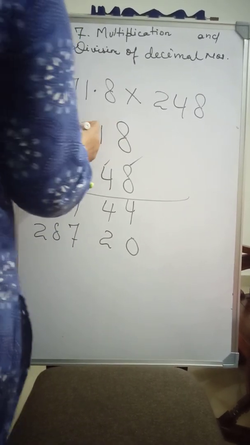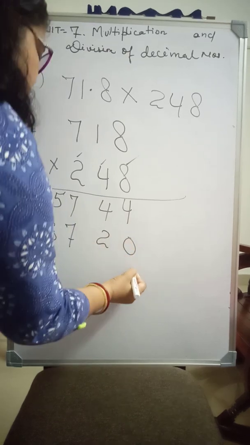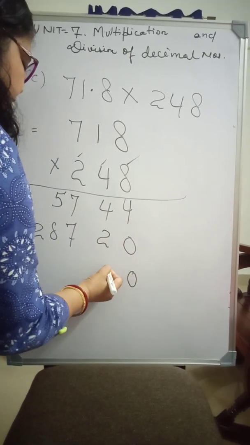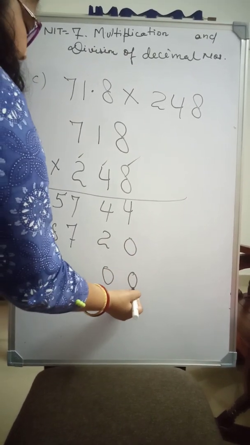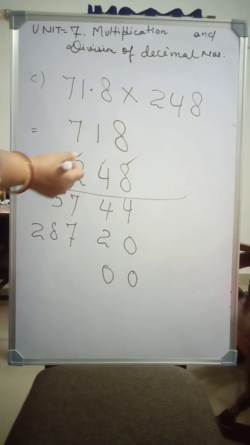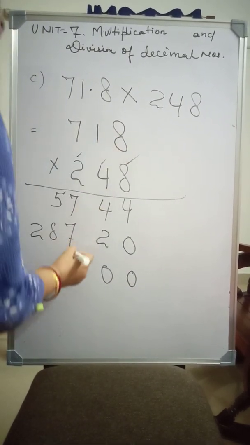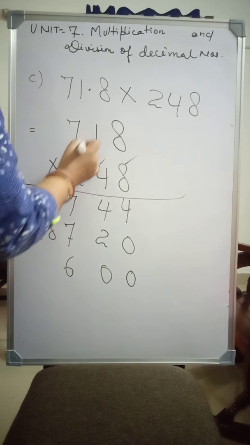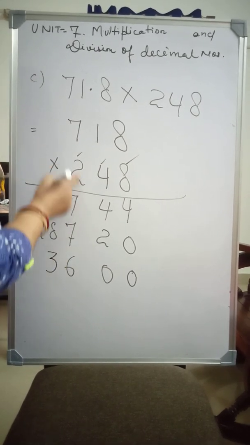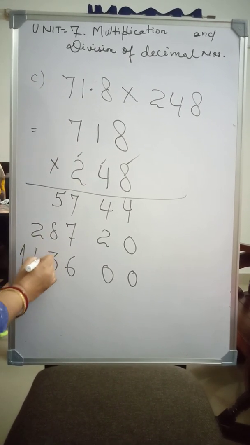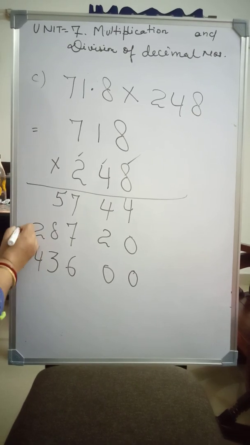We have to multiply 718 by 200. So 200 has 2 zeros, so we will put 2 zeros in the product from right to left. And then we will start to do multiplication. 2 8s are 16, 6, 1 carry over. 2 1s are 2 plus 1, 3. 2 7s are 14. So here we will have to do addition.